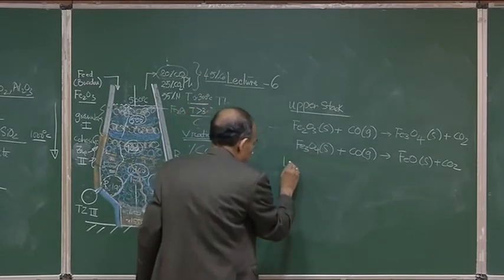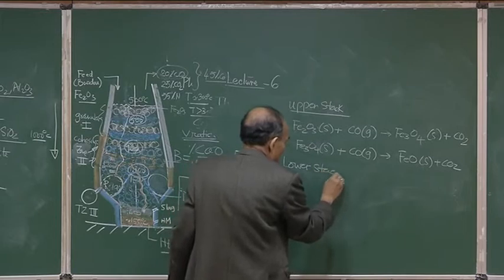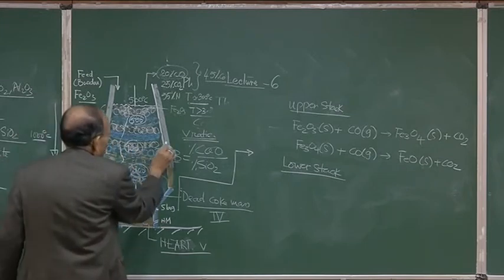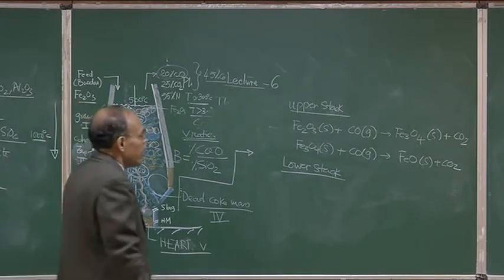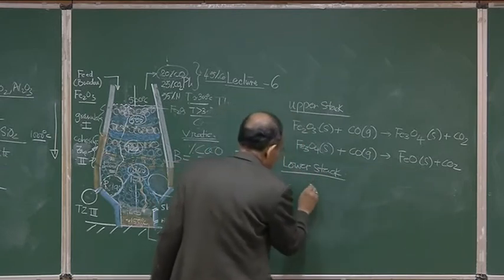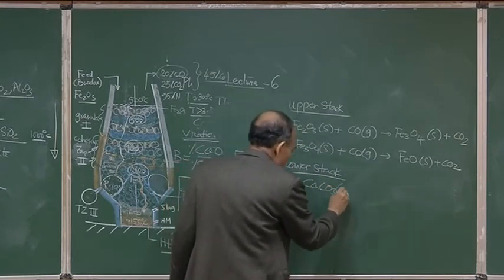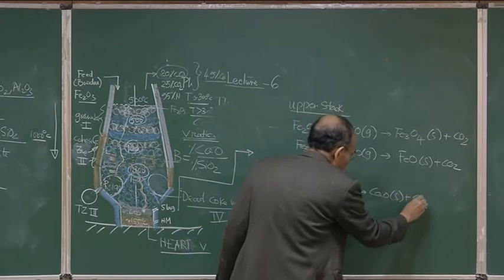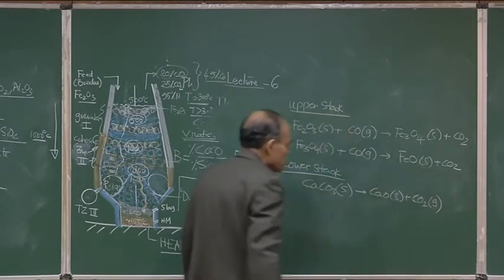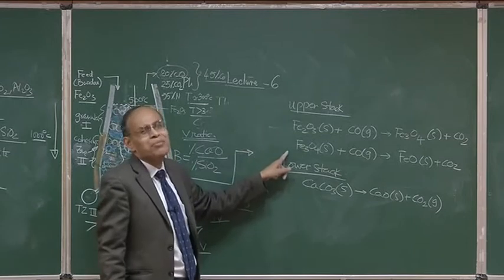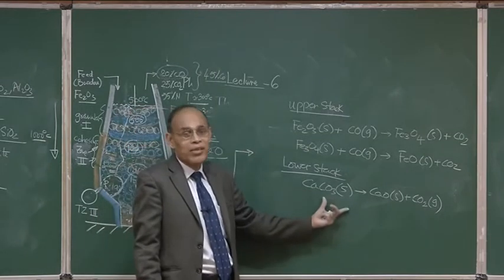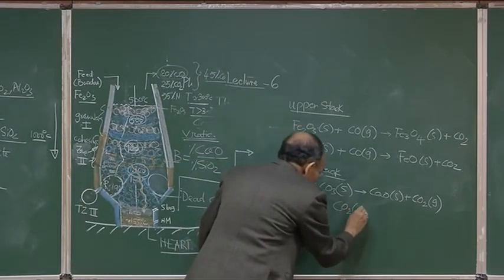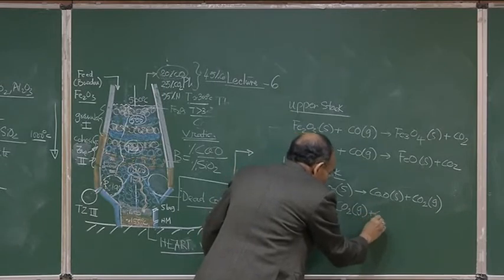We go to the lower stack, and there the temperature is about, we are talking about the lower stack somewhere around here, not yet into the cohesive zone. And here we can get something like calcium carbonate calcination, giving calcium oxide. What is the heat effect of these reactions? Negligible heat effects, but this is a strongly endothermic chemical reaction. And here in the lower stack region the gasification reaction starts to occur, CO2 plus C giving rise to